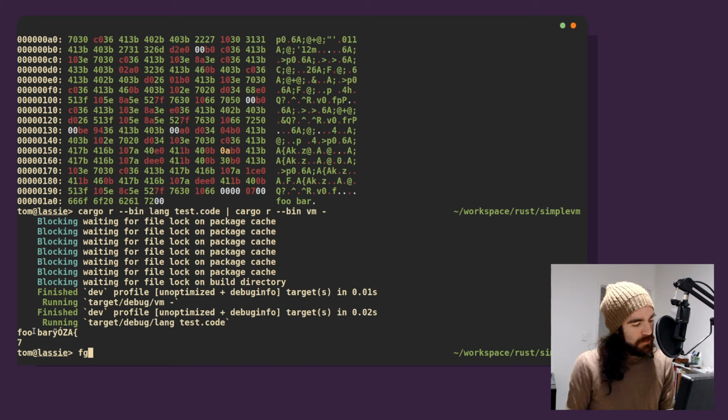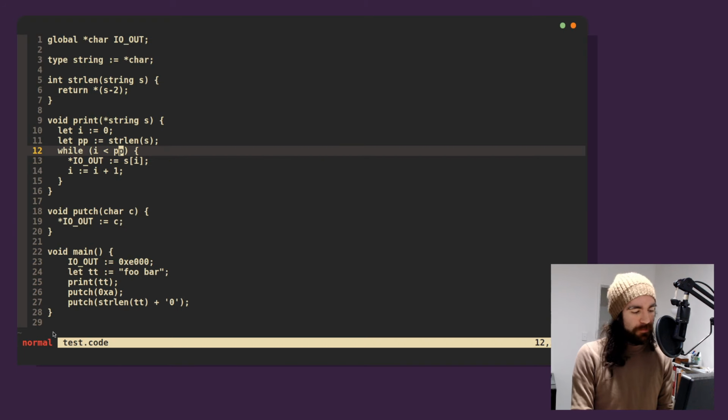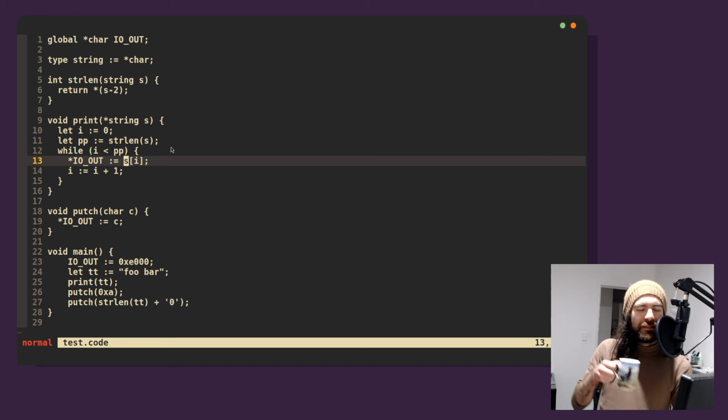1, 2, 3, 4, 5, 6, 7, 8, 9, 10, 11, 12. If this was 14 characters, then you'd be like, okay, it's 2 bytes per thing. But it's 12. So where does 12 come from? How does it ever print out 12 things? S is a pointer to a char. Why is this happening too many times?